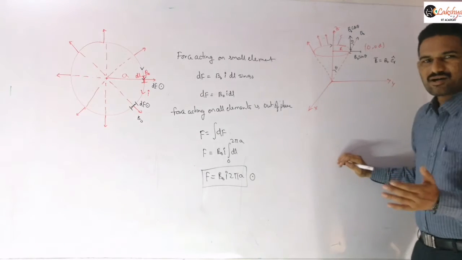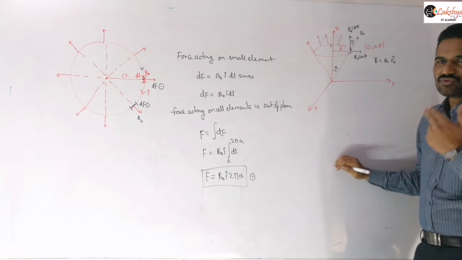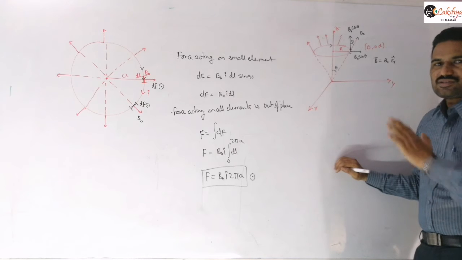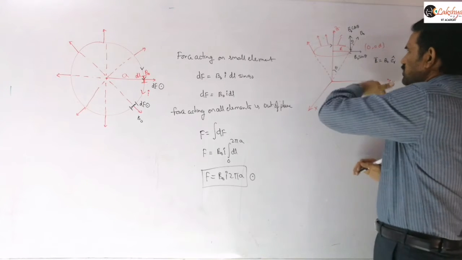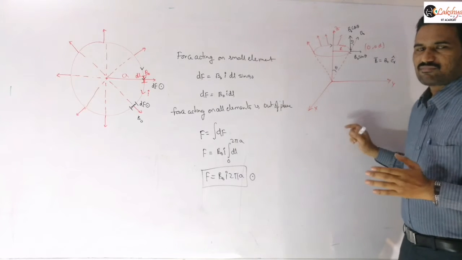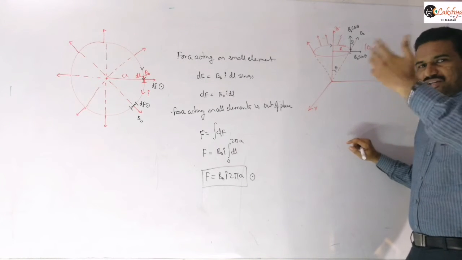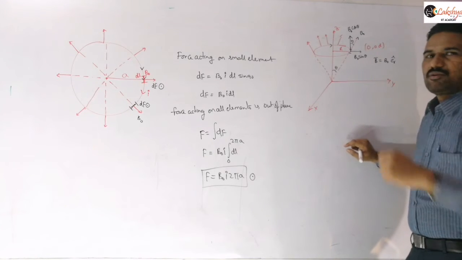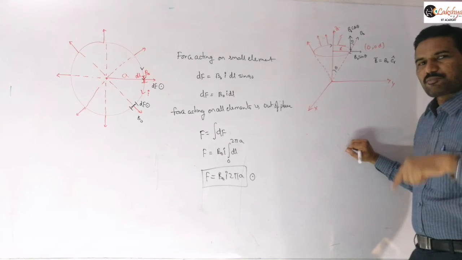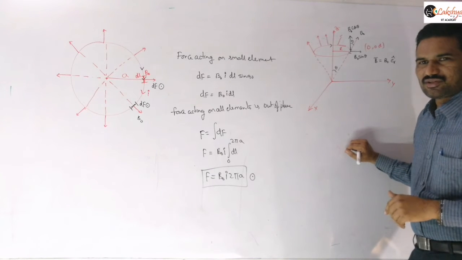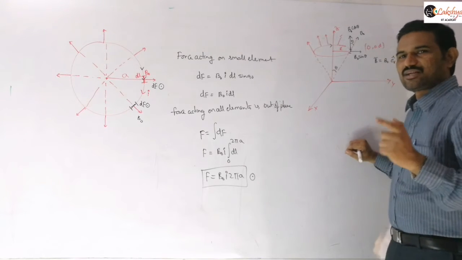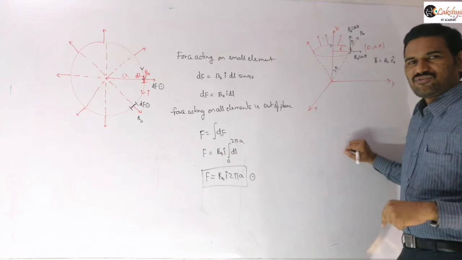Now let us analyze the directions of the magnetic force due to B naught cos theta and B naught sin theta. Is it clear? B bar is along this direction, and we are just resolving it here. Now B naught sin theta will be lying in the plane of that circle, and B naught cos theta will be perpendicular to the plane of the circle. And we already solved those two problems. If the field is perpendicular to the plane of the circle, what is the net force acting on this circular loop? And if the field is lying in the plane in the radial direction, what is the force acting on that?